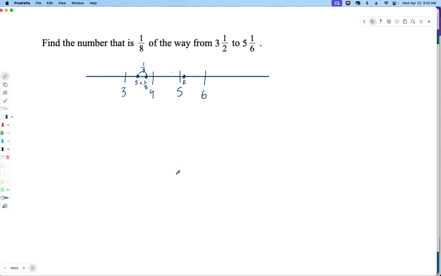There's a specific way that we do that. We start with the starting point. And then we're going to add to that the distance that is 1/8 of the way between the starting point